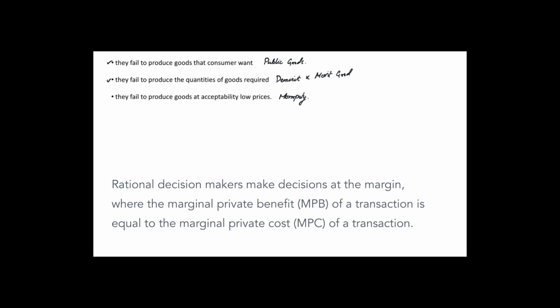And whenever they make decisions, they always decide at the margins. Margins means they think about every extra unit. So for example, if I want to get another car, my discussion is not going to be about the previous cars that I've bought. It's about the next car that I want to buy. What is the benefit that it's going to derive for me?